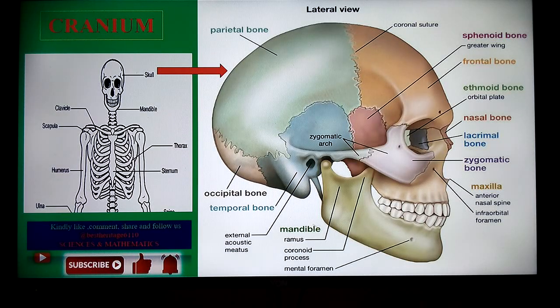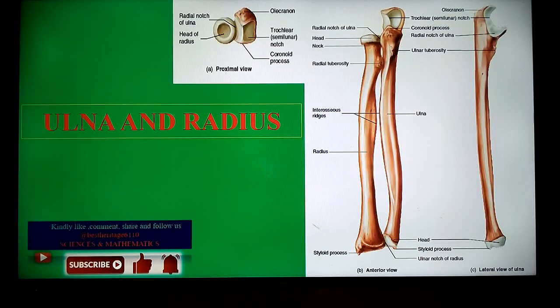And lastly, we're going to look at what we have referred to as various depressions. Of course, we have mentioned the concept of various features, which consist of ridges, projections, and openings, and the depressions that we're going to see being displayed in various parts of the human support system. And these are going to have different functionalities and roles they are going to play in order to facilitate this concept of support and movement. Now, this consists of notches and grooves that we're going to see displayed in various parts